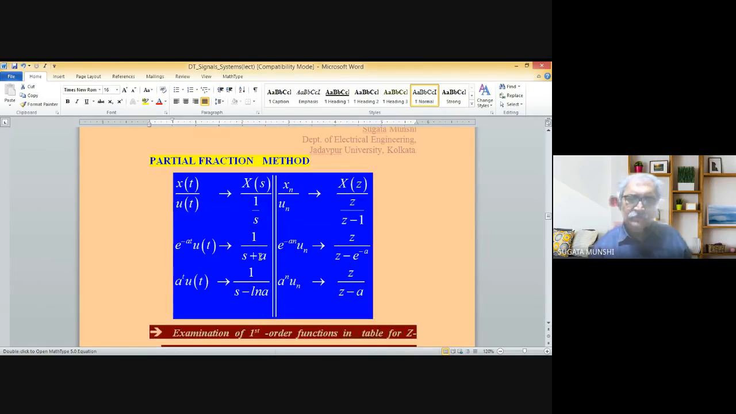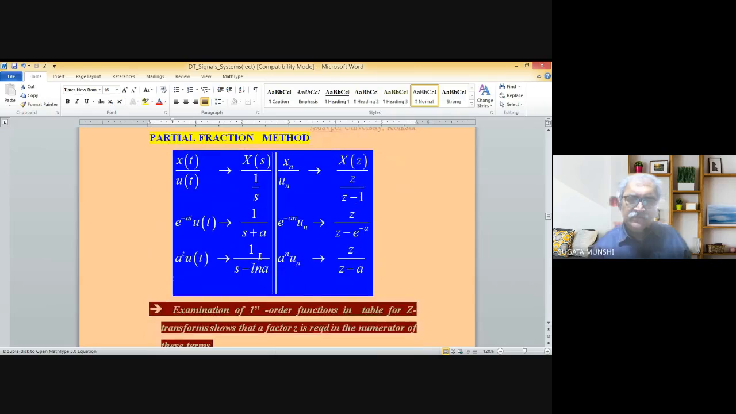Now come to the partial fraction method, which is a very versatile technique of obtaining the inverse z transform. Because you already know about partial fractions, there is nothing very lengthy to deliberate upon. Simply a particular trick. A particular important aspect of applying the partial fraction method to functions of z is, I would like to